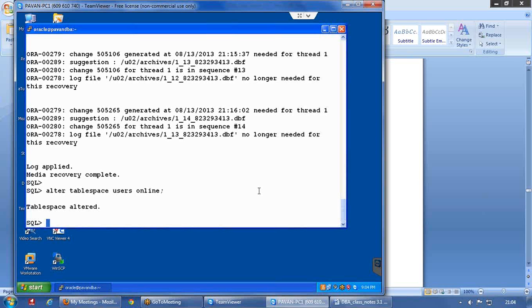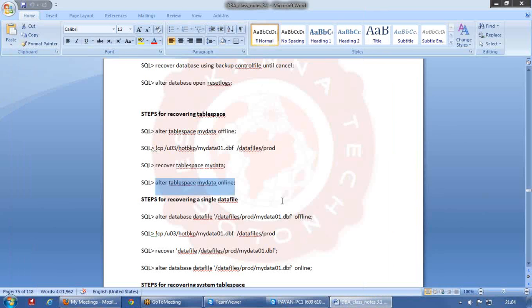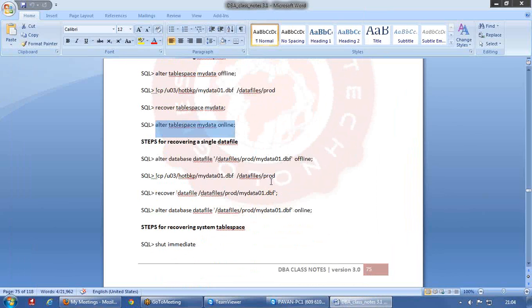So is that clear, Funny? Okay. So that is how we are going to do the complete recovery, and then you have steps for recovering